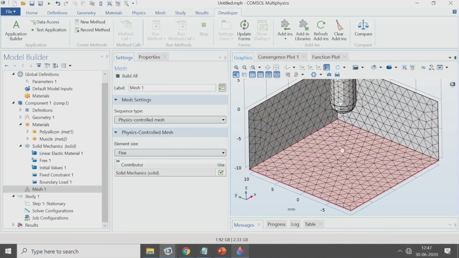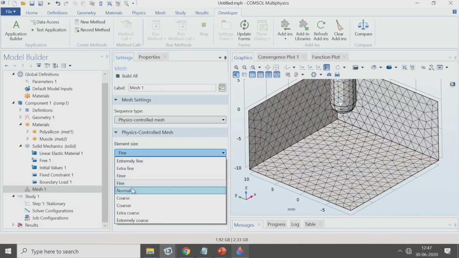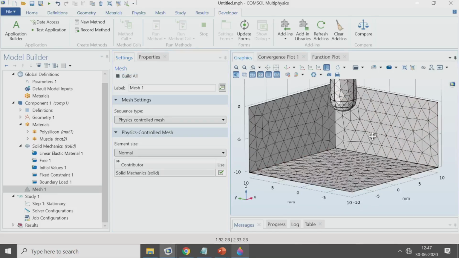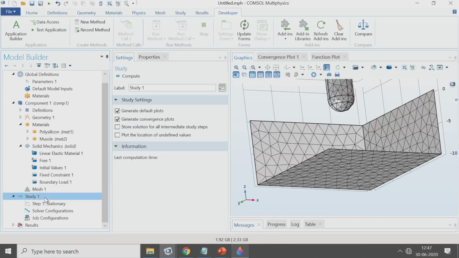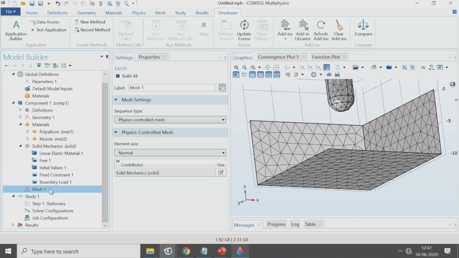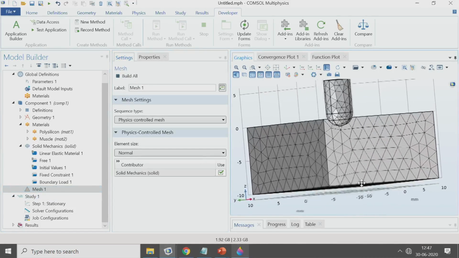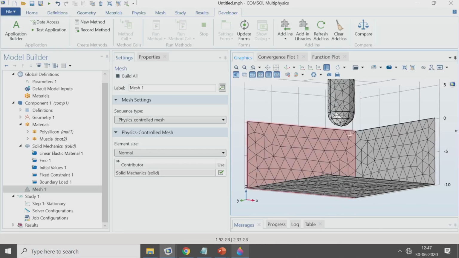But what I want is to go with normal physics. You can also go with this add study and compute your study, you will get some results. But what I want to do is make the mesh at the interaction more refined. How do I do that? One way is to change from physics control mesh to user control mesh,